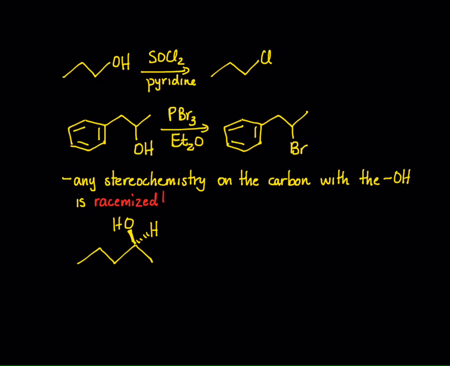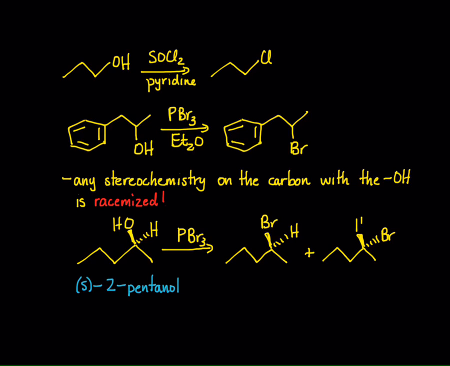Well, let's say I have a reaction of a particular stereoisomer of 2-pentanol. So here I have S-2-pentanol, and I react it with PBr3. What happens is I'm going to get 2-bromopentane. But the problem is I get S-2-bromopentane, but I also get R-2-bromopentane. And therefore, I end up with a racemic mixture. So I've started out with a particular stereoisomer, and in the process, I've lost my stereospecificity. And sometimes that's a difficult thing to get back when you have a particular